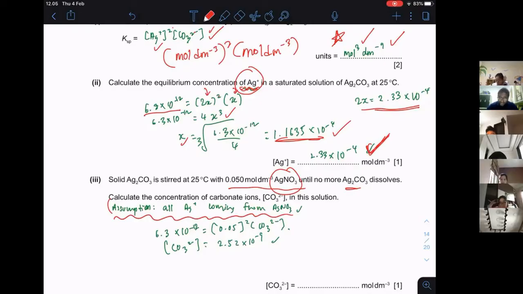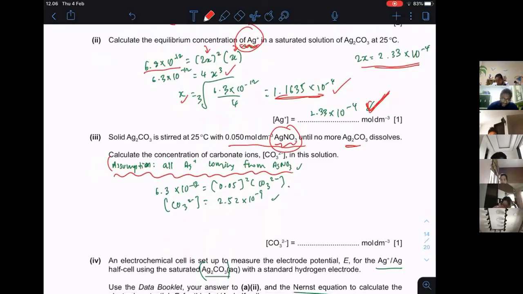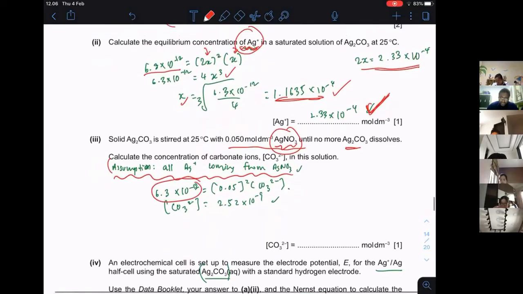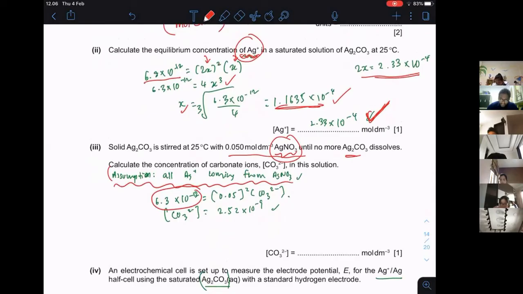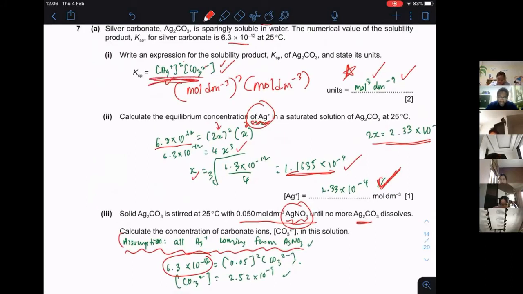Okay, we ignore that fact because most of it is going to come from here. So if I use the formula Ksp, you can see this is Ksp. Now, most of the concentration of Ag+, because we are going to still use this formula, Ag+ is coming from the silver nitrate, and you can see if I use 0.050 mol per dm cube, I am going to get this concentration